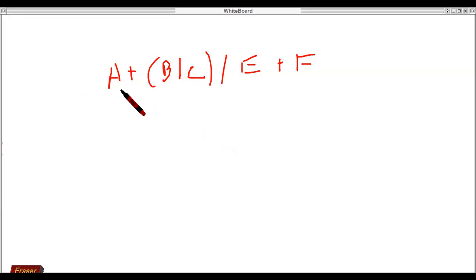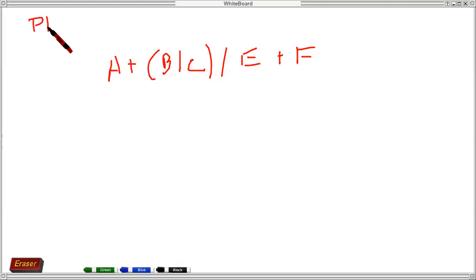So let's try to do this. Obviously, an infix expression is given. If nothing is mentioned in the question, from the expression we can find out that this is an infix expression. We have plus in between, then a division sign in between B and C, a division sign in between this expression and E, and a plus operator in between E and F. So from here we can understand the expression is given in the infix format. Now we have to convert it into prefix.